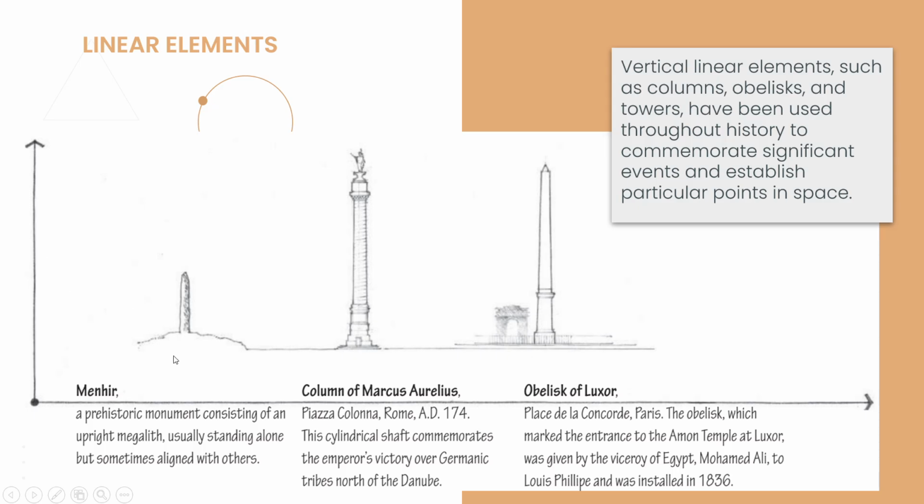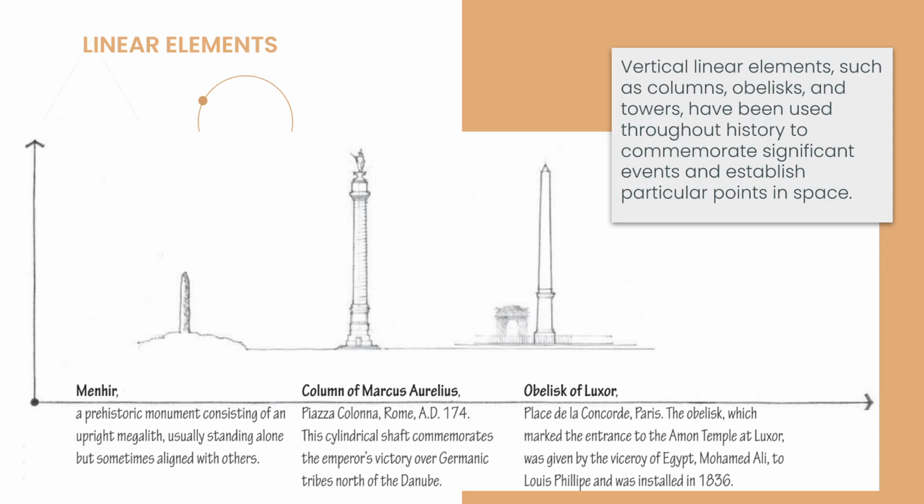Also, in prehistoric time, we have what we call menhir, a prehistoric monument consisting of an upright megalith, usually standing alone, but sometimes aligned with others. So other elements are the column of Marcus Aurelius in Rome to commemorate the emperor's victory over Germanic tribes in Danube. Next is the obelisk of Luxor